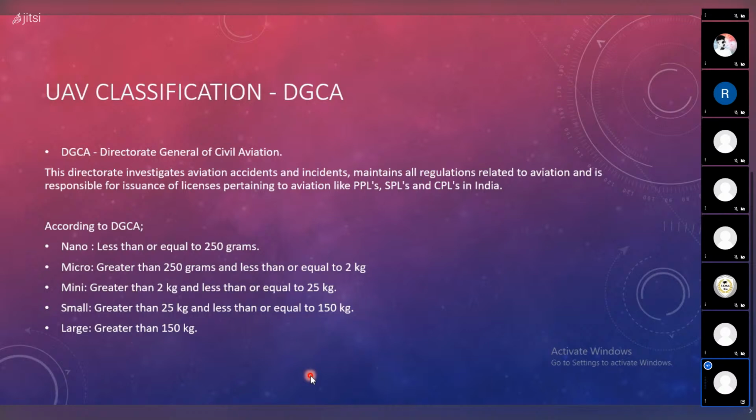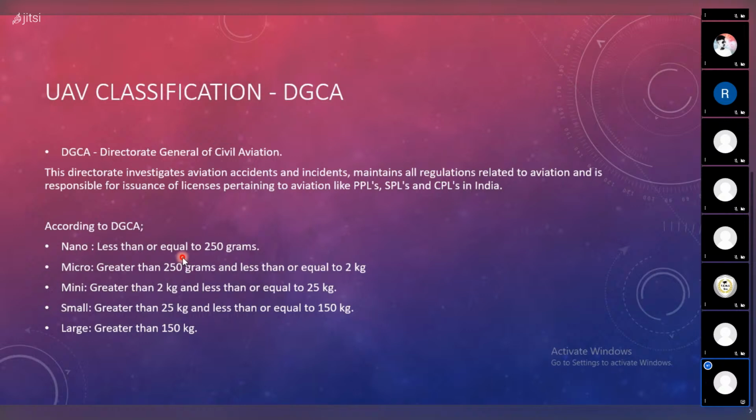They have been there for assessing various incidents with aircrafts and everything, rules and regulations, licensing for aircrafts that are flying in India. Along with that, they have also taken in the category of drones. So right now, as per DGCA, the following are the categories that they have classified. They are nano, micro, mini, small, and large. I hope in the screens you are able to see how they have been classified with respect to